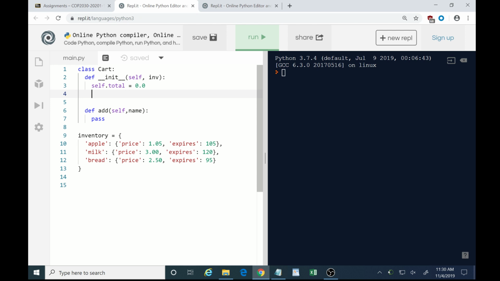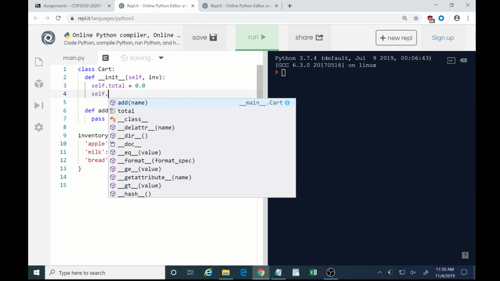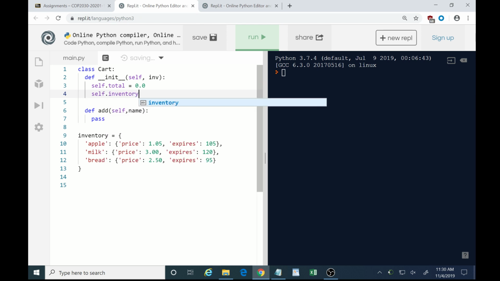And then we're going to say, so we're going to say that our inventory is the inventory that you passed in. So we want to know how much total that we're buying as far as price. And then I want to know what items are available. So pass me the inventory. Now every time I add an item,